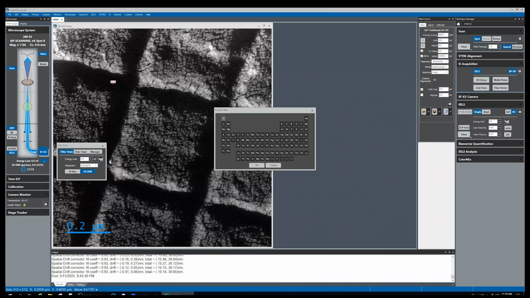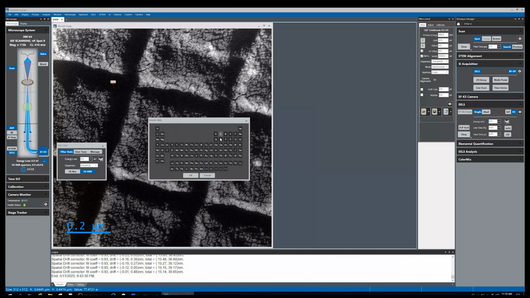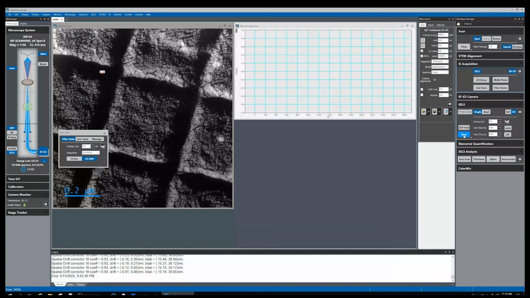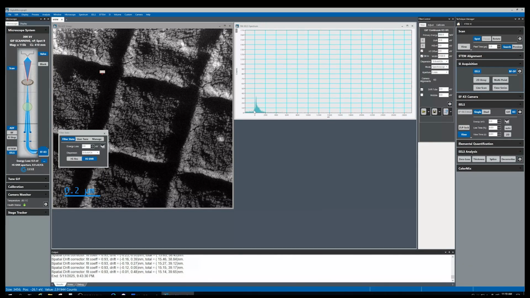You can check the edges of different elements by clicking on this periodic table. Here you can click on any element, and it will display all its edges. We'll just use 0.9 for this demo. Next we can come to the EELS palette and click view, and we can see the zero loss peak